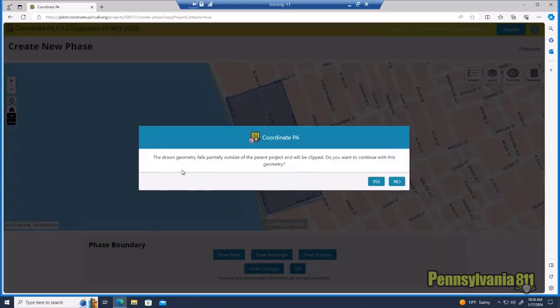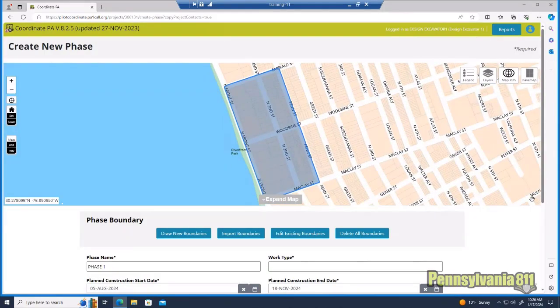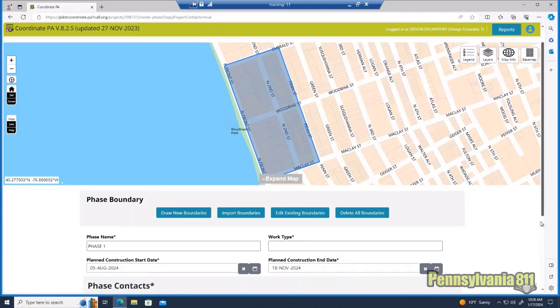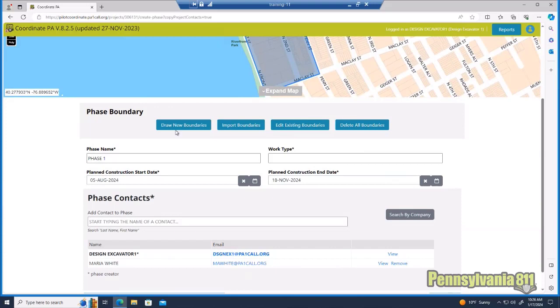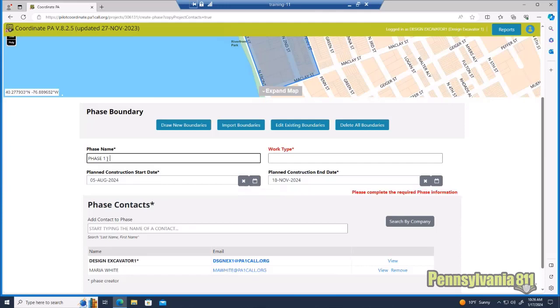Now it's going to tell me, The drawn geometry falls partially outside of the parent project and will be clipped. Do you want to continue with this geometry? Yes. Now I'm going to scroll down a little bit so I can fill out my paperwork, my phase information. I have a chance now to draw a new boundary, import a boundary, edit existing boundaries, or delete boundaries, but I'm pleased. We do recommend that even though this is named phase 1, that you change that or add more information